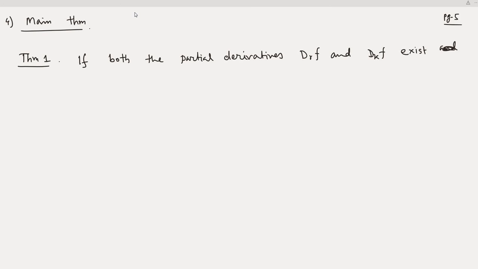They exist in an open ball B(C, delta). So this is an open ball with center at C and radius delta, where delta is some positive real number, so this is equal to the set of x belonging to Rn such that norm of x minus C is strictly less than delta. Okay, so when